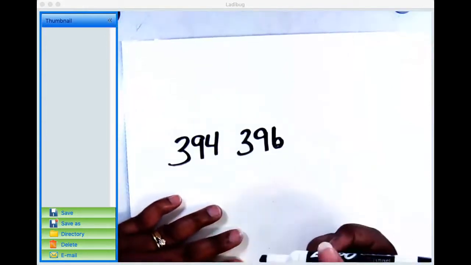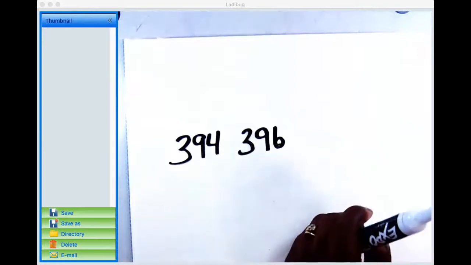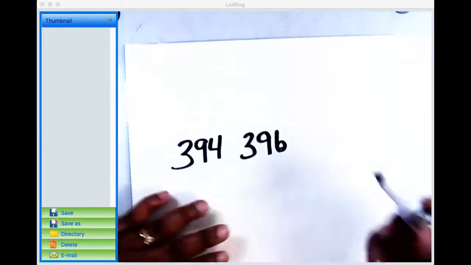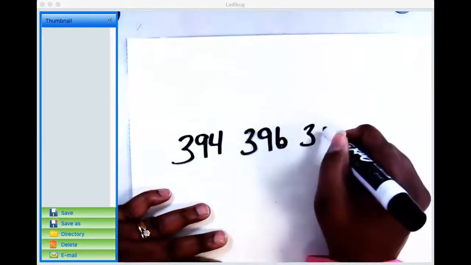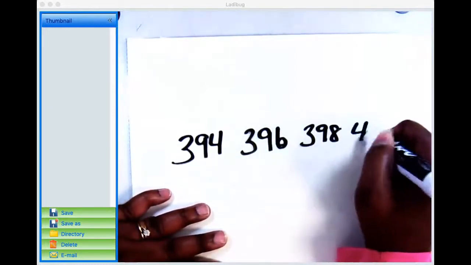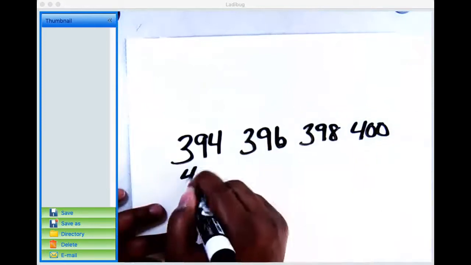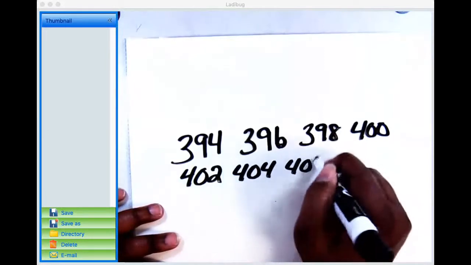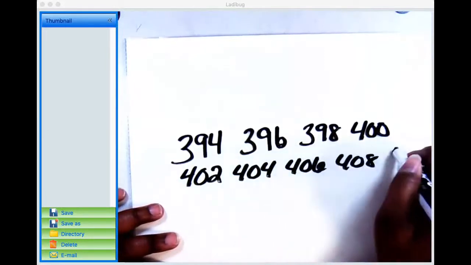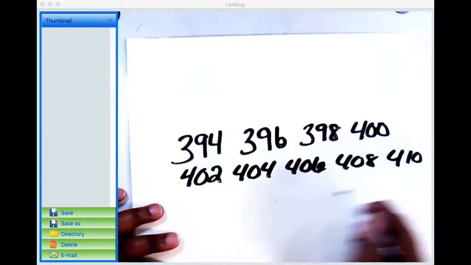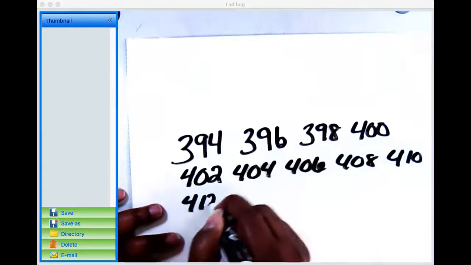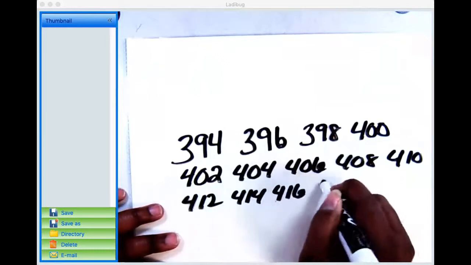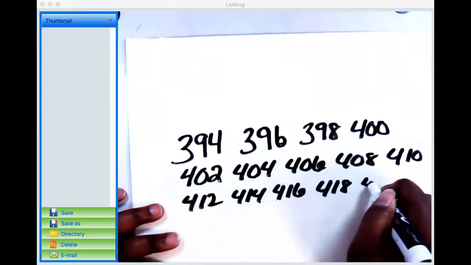So I'm just going to write some numbers, and you can check your work, and I'm going to give myself 1 minute. All right. 396, 398, 400, 402, 404, 406, 408, 410, 412, 414, 416, 418, 420,